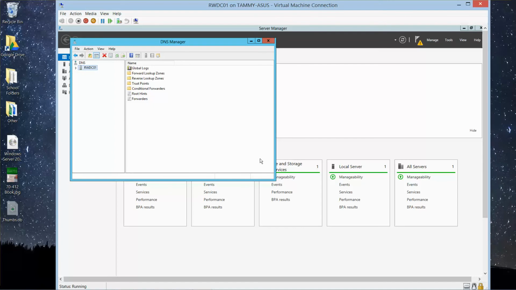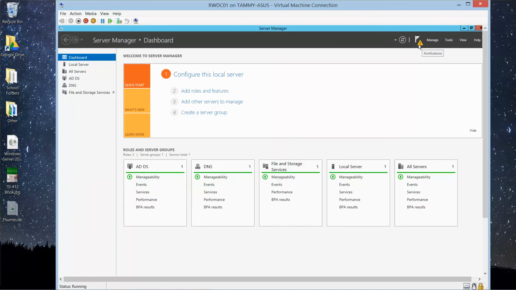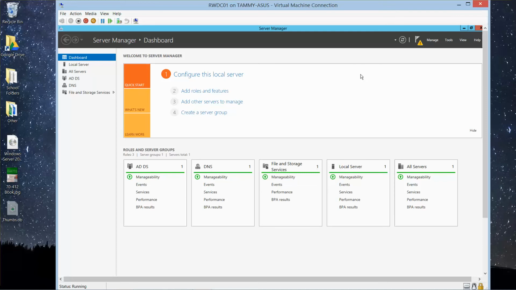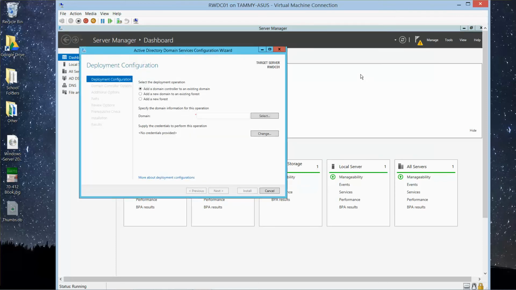All right, now we are going to close out of this. Now we're going to click on a little yellow triangle and select Promote this server to a domain controller. We want to do Add a new forest with a root domain of contoso.com. And then next,